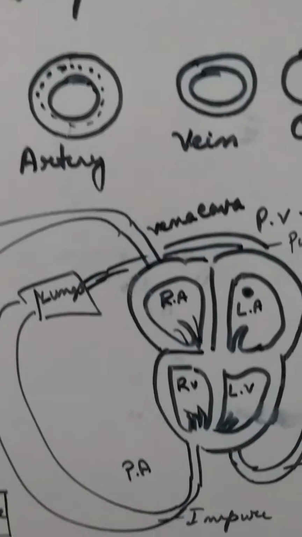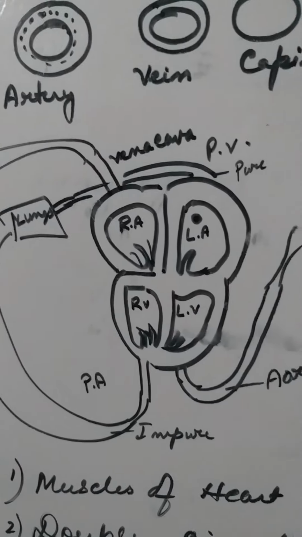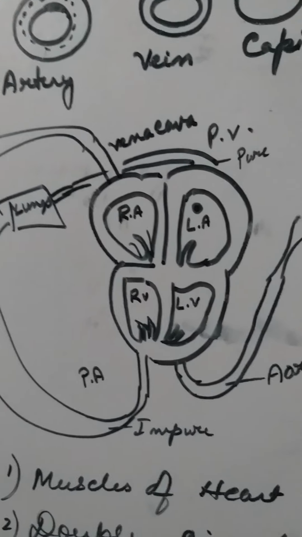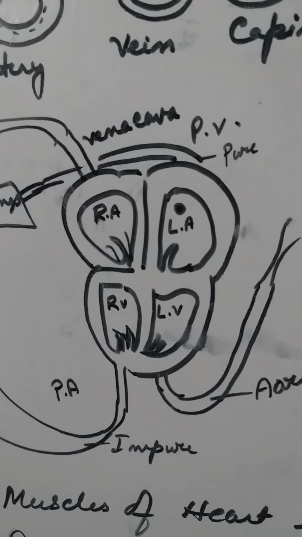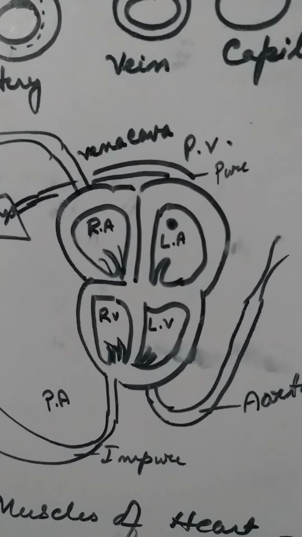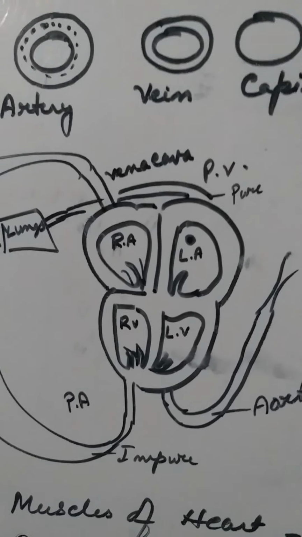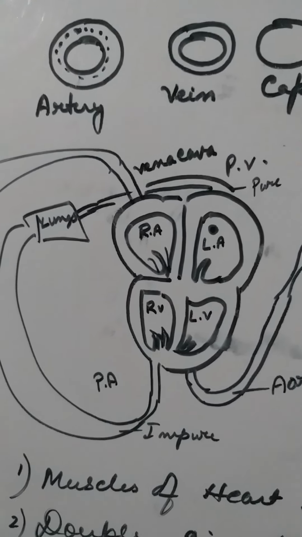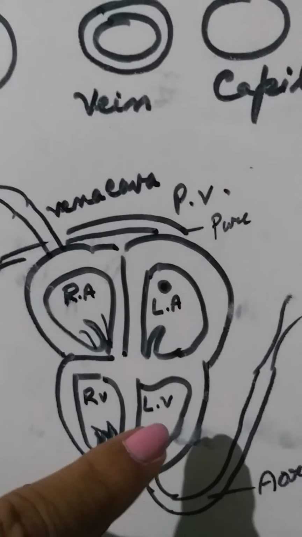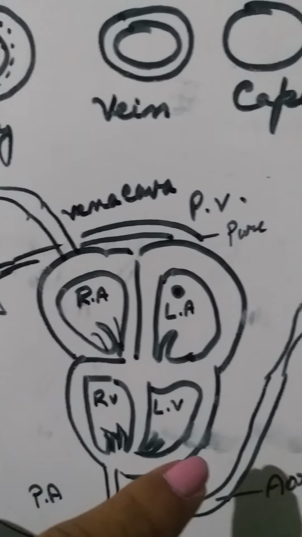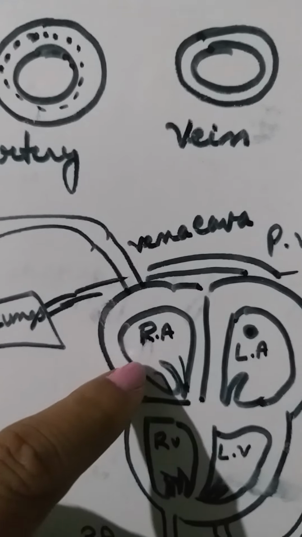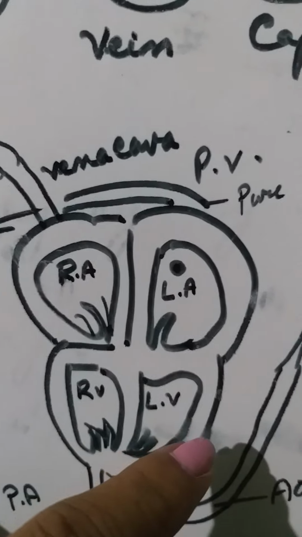Okay, now here it is a very basic diagram of the human heart. If you follow your book, you can see the diagram more clearly. You see it is written RA, LA, RV and LV. The upper two chambers of the heart are known as the atria or auricular chambers, and the lower two chambers, mentioned as RV and LV, are known as the right ventricle and left ventricle. These two chambers are much thicker compared to the upper ones.